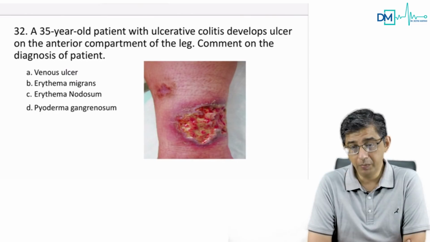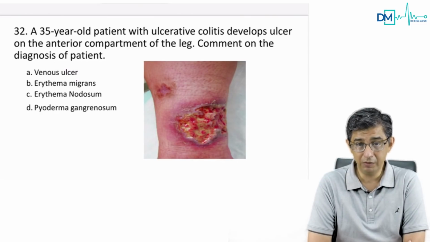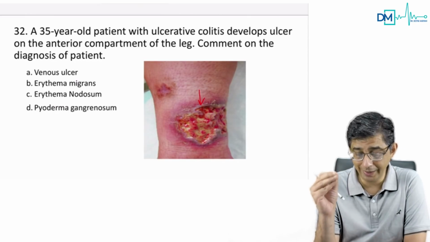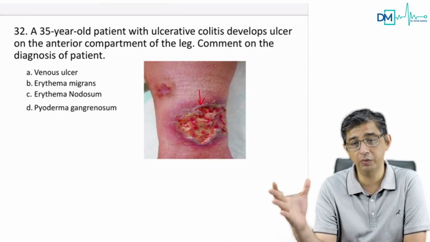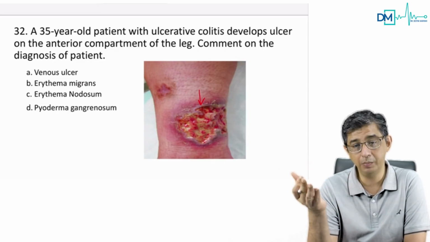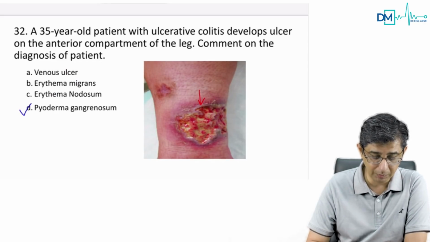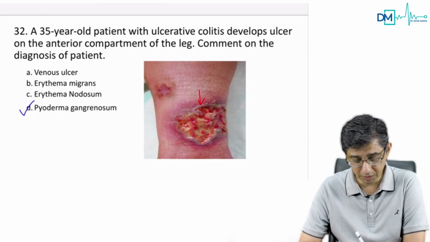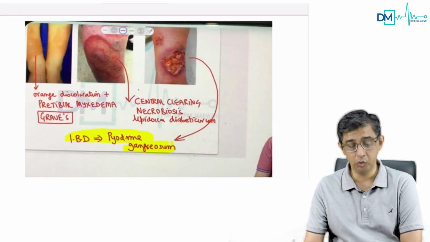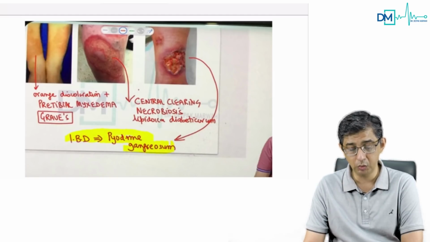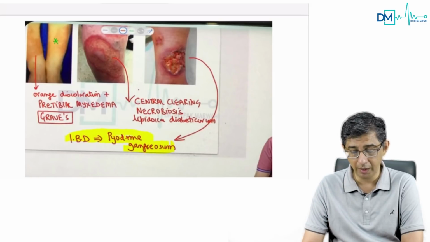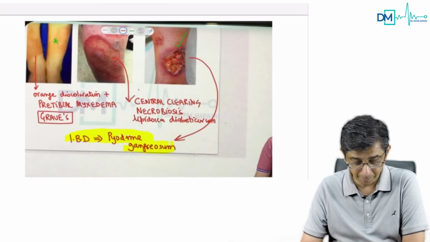This is the image I was talking about. A person of ulcerative colitis is having an ulcer on the leg. You see, they always ask you about extra intestinal manifestations of inflammatory bowel disease. Whenever it's inflammatory bowel disease and there is an ulcer developing, it's going to be pyoderma gangrenosum. You can go through the app section of inflammatory bowel disease, and I have described these manifestations. In fact, two images directly related to the ones shown even in the rapid revision part: pretibial myxedema came and pyoderma gangrenosum came.